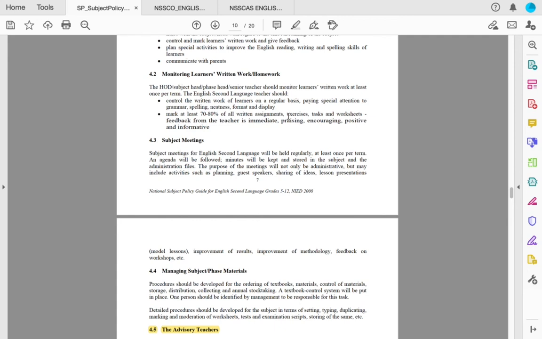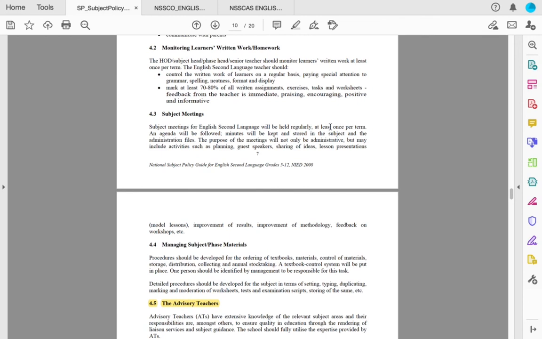And the next aspect that we're going to look at is the subject meeting. They advise people to at least have that once a semester. It could be often. It's a subject meeting, not the school meeting. How do they call it? It's not the general meeting that you have every morning, but rather you should have a meeting of your subject, where you talk about what's really happening in the classrooms, how are the learners learning,